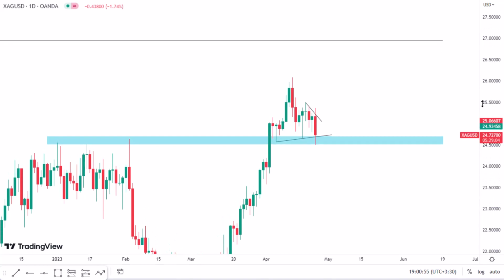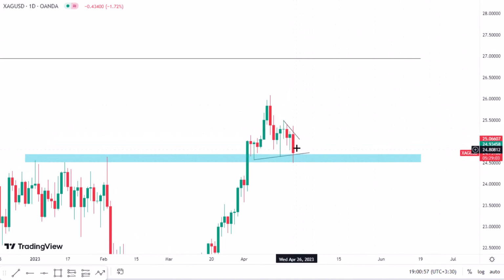As I told you in my previous analysis, we have this trend line for the silver price, which the price tried to break to the downside today, and it couldn't so far, and it made a shadow like this. If the price can't close its body below this trend line after something like 5 hours and 30 minutes,